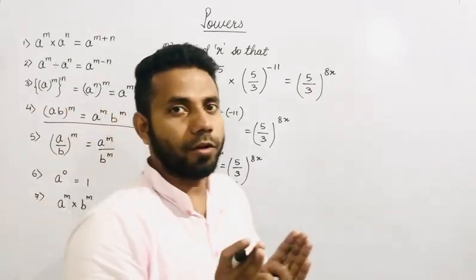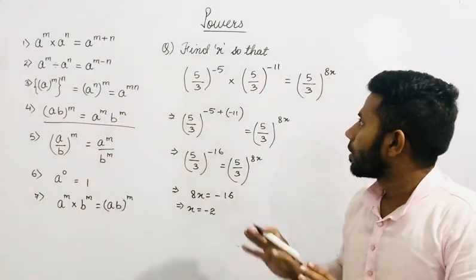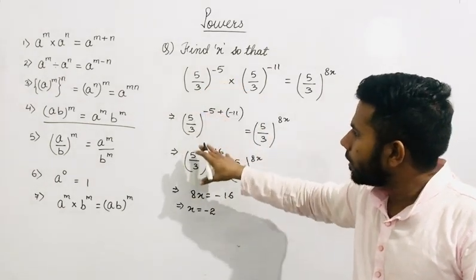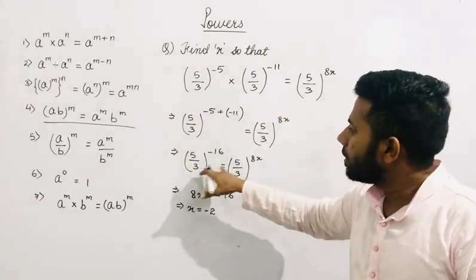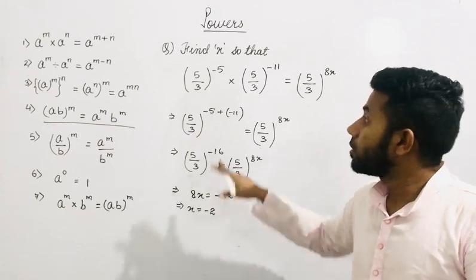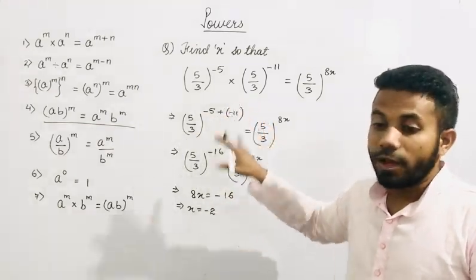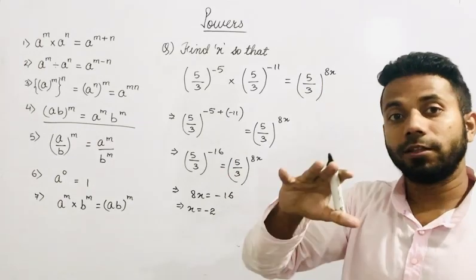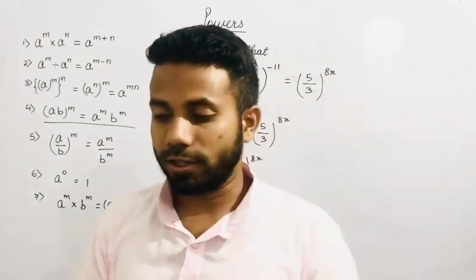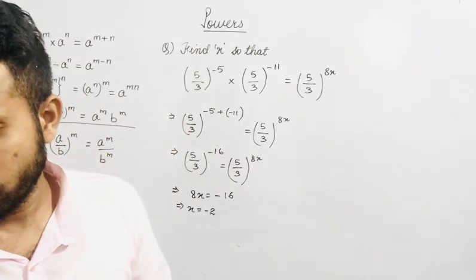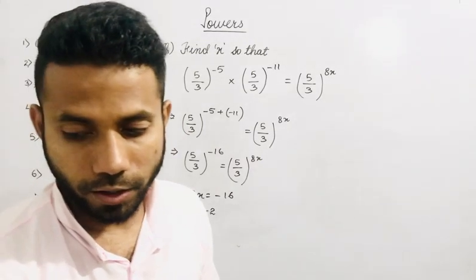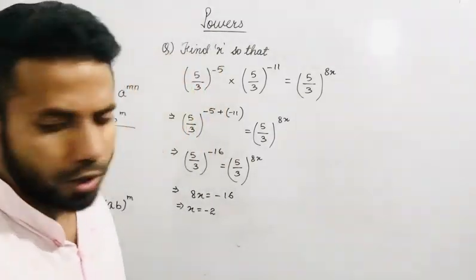Be very careful. If the bases are same, solve it. And if it is an equation, then bring the bases same and then equate. Suppose the bases are not same and you can bring the same base, then first try to bring the same base and then follow the formulas. This is how you will be doing it. Okay. This is what we have done.